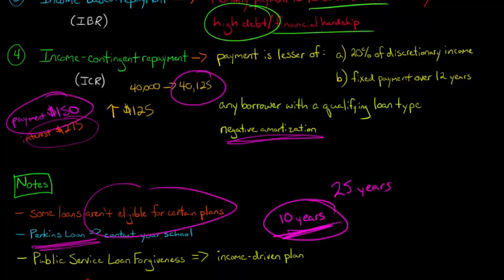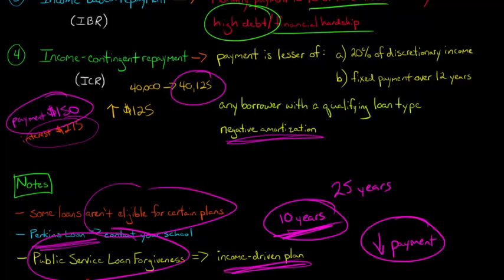So in those cases, if you're a social worker or a teacher and you're going to try and take advantage of this program, then you almost certainly want to be doing an income-driven plan, because that's going to decrease your monthly payment, right? Now you might say, hey, if I reduce my monthly payment, I'm going to end up having to pay more interest, and it's going to take me longer to pay off the loan, and that would normally all make sense, except 10 years from now you're going to have the loan forgiven. So if you're going to have the loan forgiven in 10 years, you want to reduce your payment as much as possible. However, always remember that something could happen and you not be able to complete that 10-year requirement